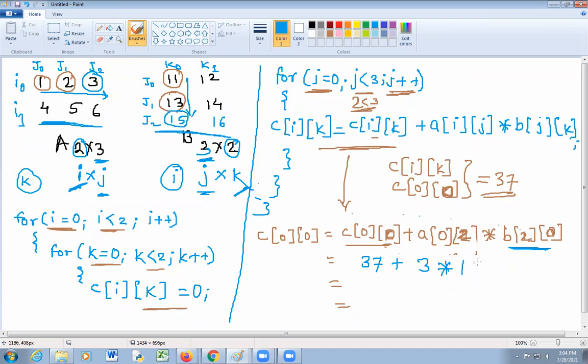So here 15. So 37 plus 45, which is equal to 82. So put value of c of ik, that is c of 0 0 is equal to 82.